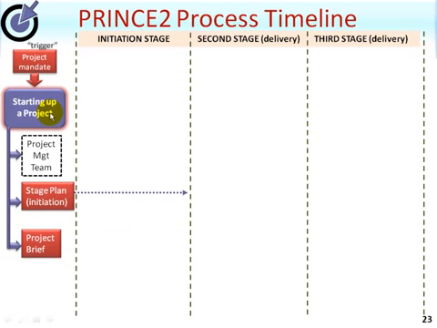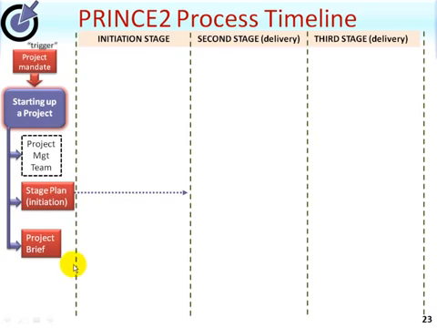We will cover all of these processes in much more detail later, but for now the main management products coming out of this have been shown in red. The project management team itself is first designed and then appointed pre-project, and the starting up a project process is used to do that. There are 2 main management documents that come out of the starting up a project process. One is the project brief, which contains amongst other things the outline business case, and the project brief is expanded from the project mandate. The other key document is a stage plan for the initiation stage, because you see the